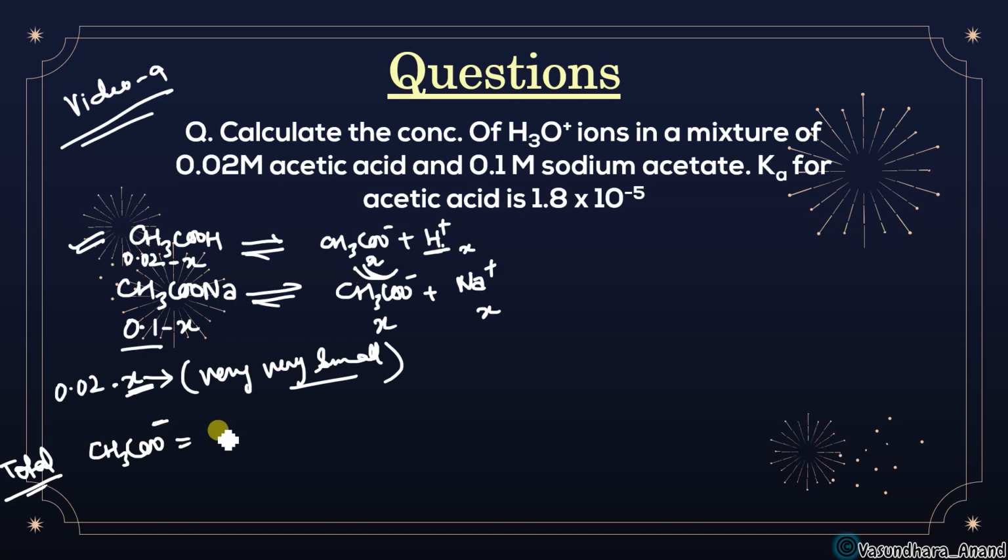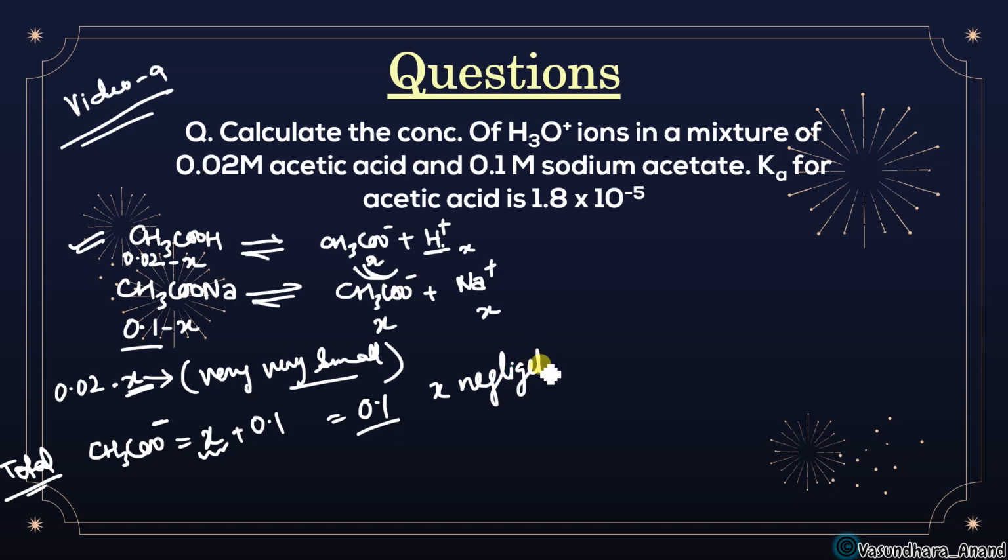Okay. So what next? If you do not do this, then also no problem, we can still do it. Like see, this is 0.1. Or in another way we can say that this one is negligible. X is negligible here. So we totally take it as 0.1 as X is negligible. Can we say?